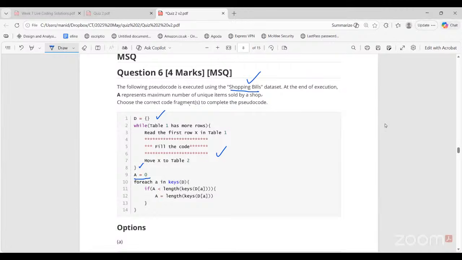Then you have a variable which is set to 0. And after that, in line 10, for each A in keys of D, however the dictionary has been populated in this missing block of code, we'll go through each of the keys and check if A is less than length of keys of D of A, right? That means keys of D is what? Keys of dictionary D. Keys of D of A. What does that tell me about dictionary D? That it is a nested dictionary,